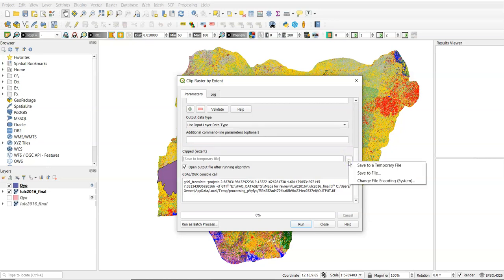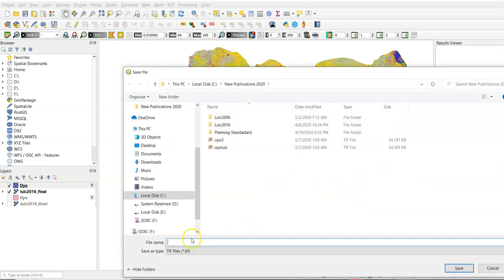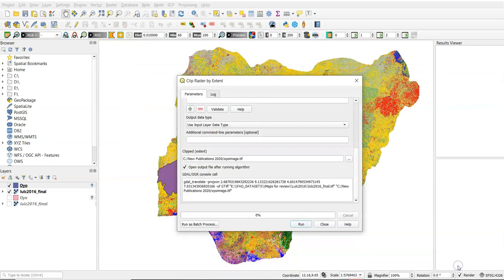You can come here, save to file, and say Oyo image, and it can be a TIFF file. When you click on this, you click run.